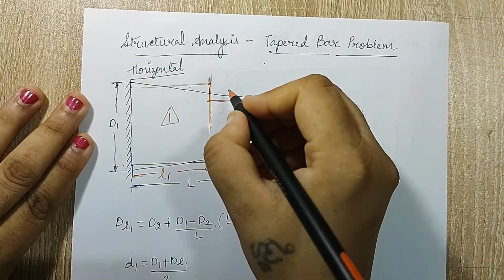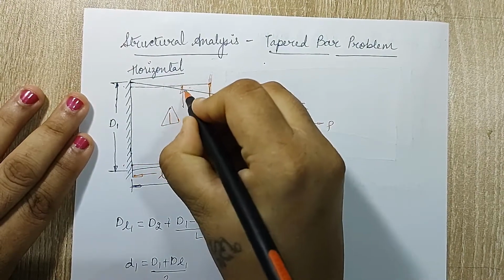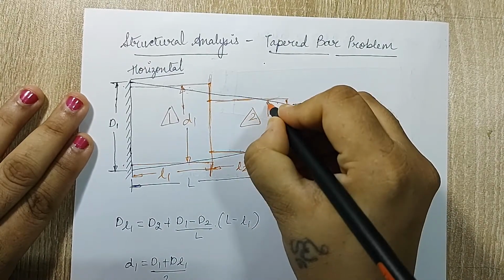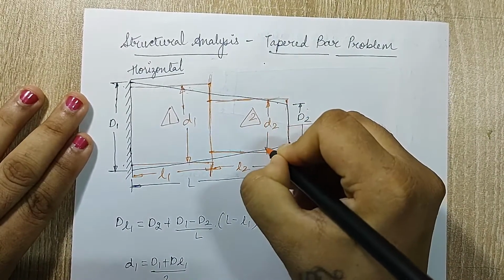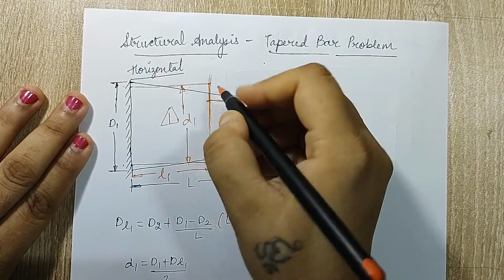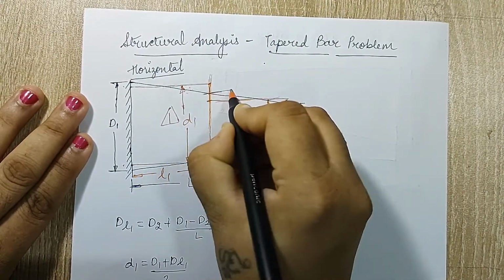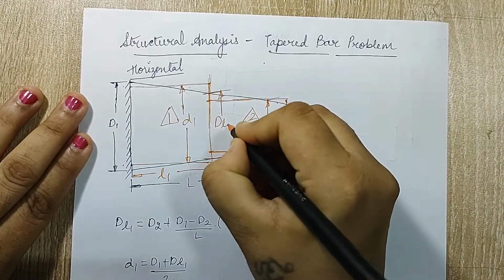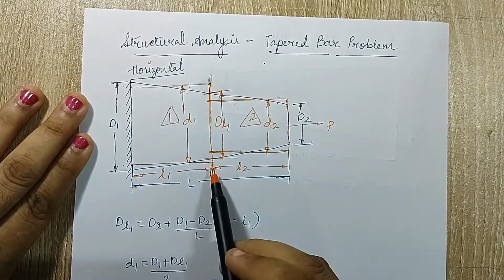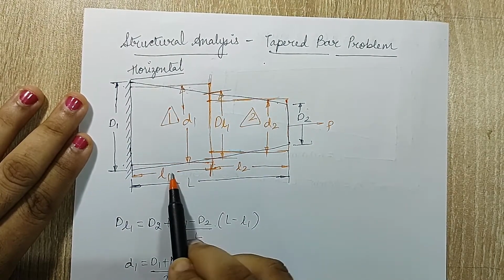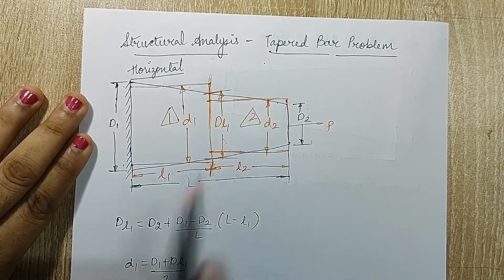Now let's mark the diameter. So this diameter, let's say it is D1 of the step bar, and for the second step that I have obtained, say the diameter is D2. I need to have some formulas for calculating these values of D1 and D2. Also there is another diameter which is supposed to be taken, that is from this blue line to this blue line. Let me mark this distance as capital DL1 because this is the point where my L1 is going to end, or at L1 I am going to calculate my diameter.